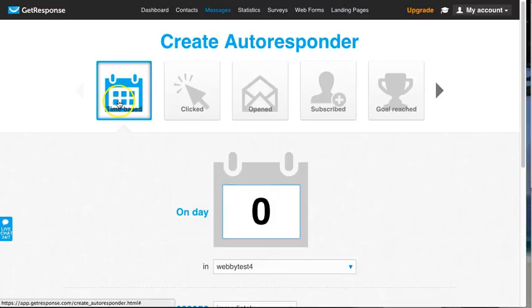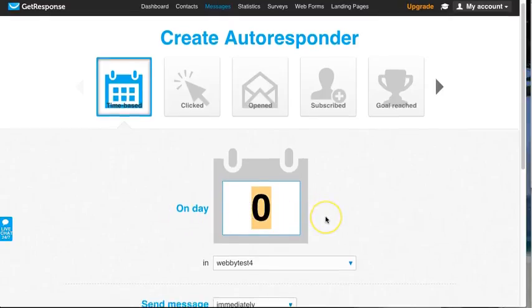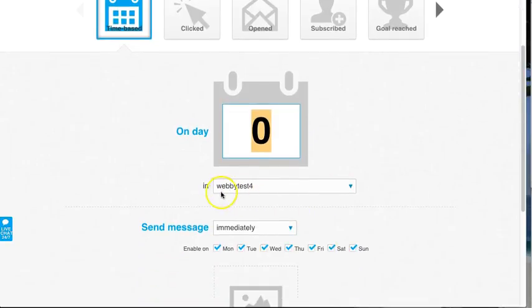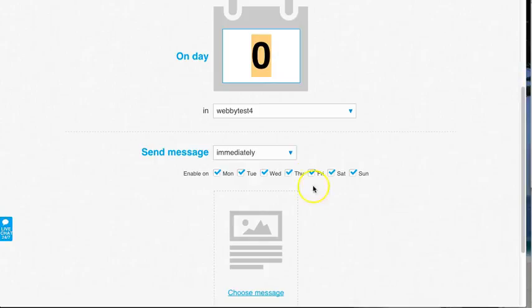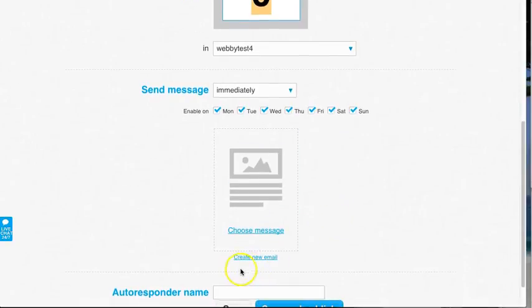So the first email is going to be time-based, and the on-day number in this box should be set to 0. Your campaign name should be listed here in the in field. Send message should be selected as immediately, and every day of the week should be selected or checked. Then scroll down and click on create new mail